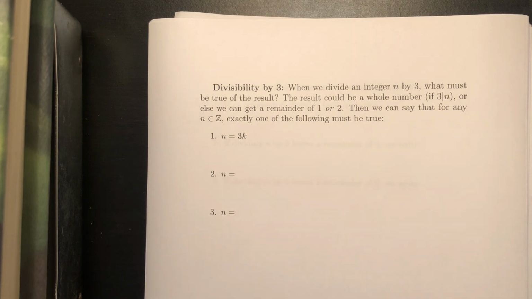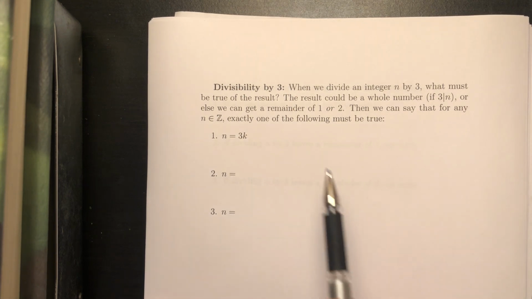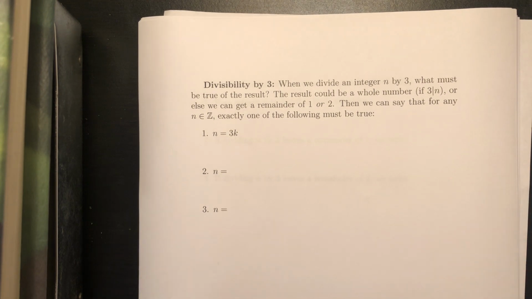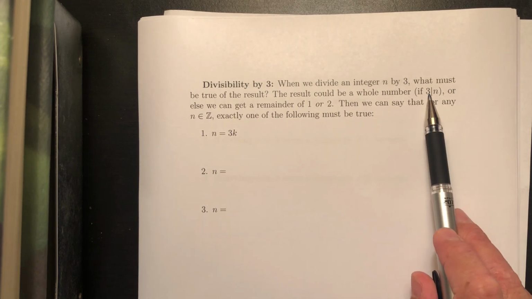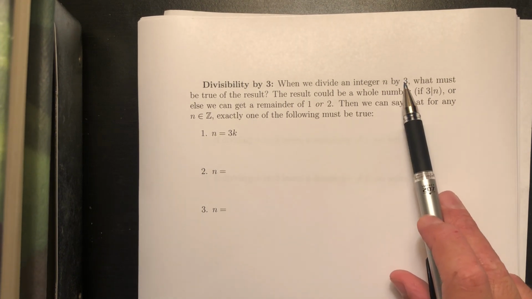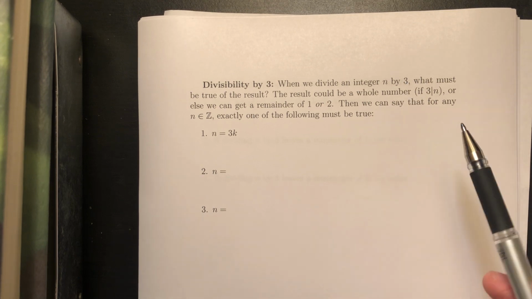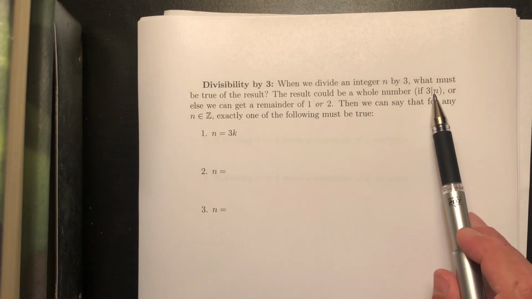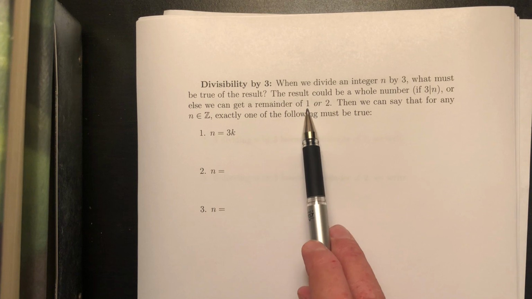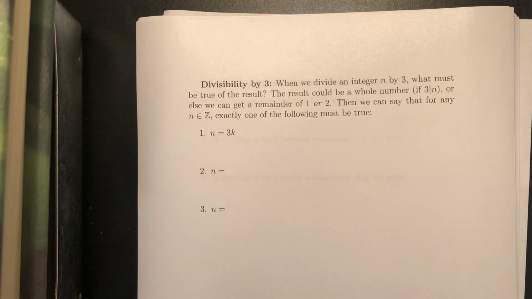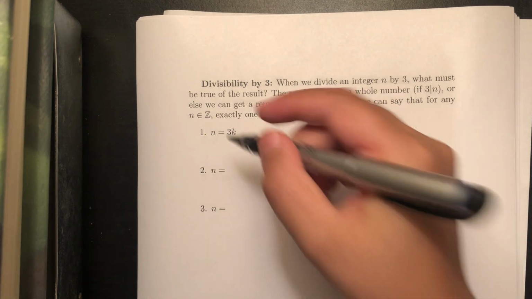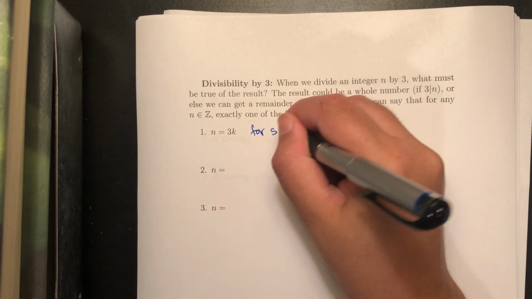When we divide an integer by 3, what must be true about the result? Well, either you get a whole number. If 3 divides n, if n is in fact a multiple of 3, then dividing n by 3 is going to give you a whole number. Or if n's not a multiple of 3, then you'll either get a remainder of 1 or 2. Which means for any integer n, we can break it up into 3 possible cases. Either n is equal to 3k for some integer k,